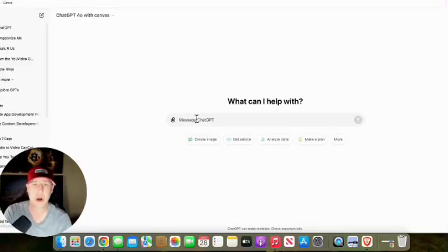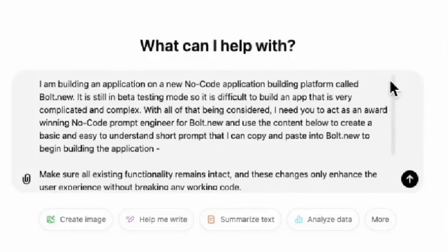So today I'm going to start on ChatGPT 4 Canvas. We're going to brainstorm a few ideas, work it down to one good one, set up a prompt, paste the prompt in the Bolt, and start building and see what we can create today. Let's go. All right, so the first thing I did was start on ChatGPT 4 Canvas because I wanted to